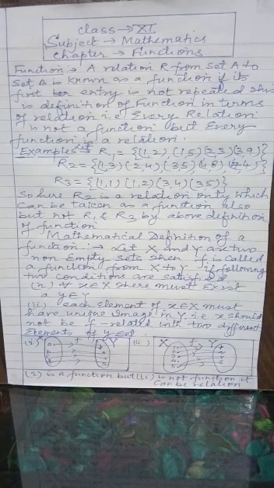Here I have defined it first so that you can understand, as it is also a concept from abstract algebra, which you can understand only after understanding relation, and on relation I have discussed a lot earlier. So the definition of a function in terms of relation is: a relation R from set A to set B is known as a function if its first entry is not repeated. This is the definition of function in terms of relation.